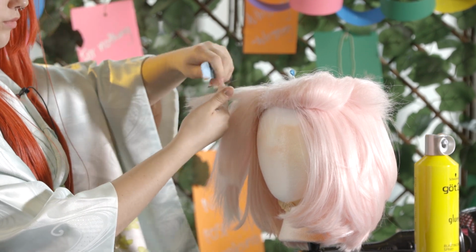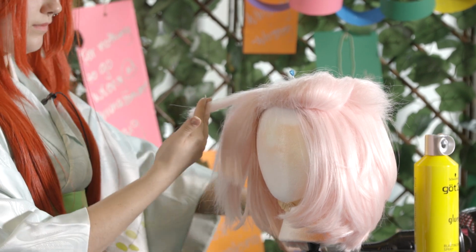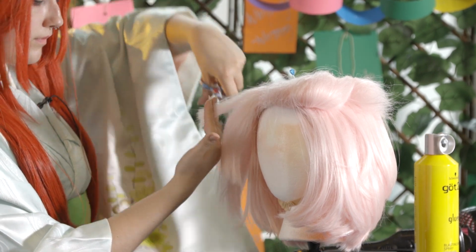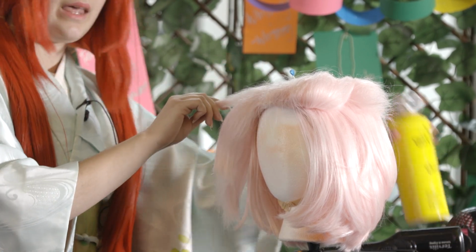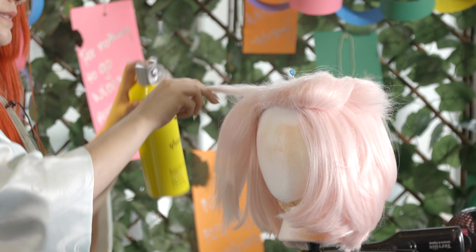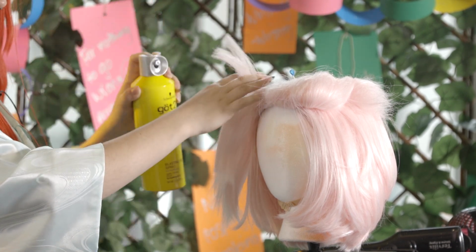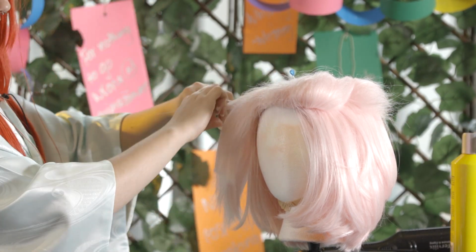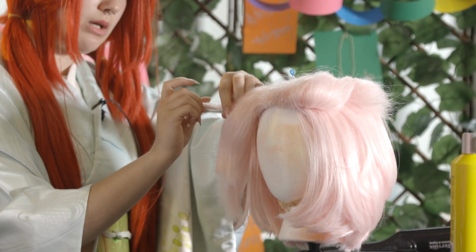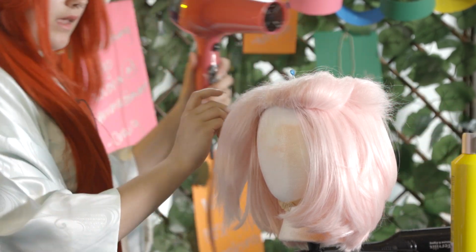And another comb, just to get any of those excess hairs out. Then back to the hairspray, over the top, underneath, switch to get the ends, and we're going to smooth that out, hold it into the shape we want, and then